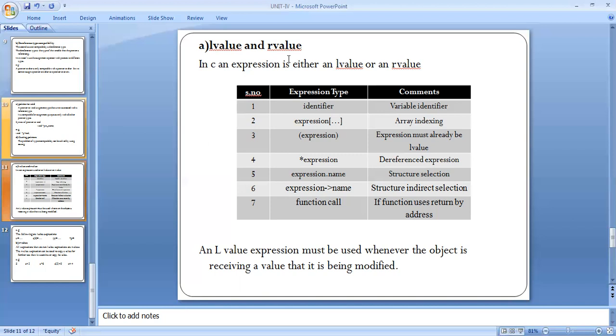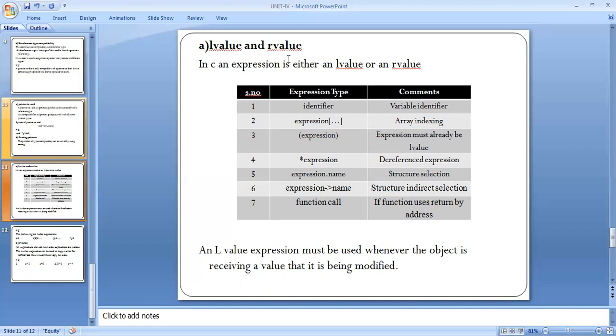Once again, the expression types and how to use them. When the expression type is an identifier, that identifier is a variable declaration. When the expression type is an expression within square brackets, that is array indexing. With the open brackets, the expression must already be an L value, meaning left-hand side values can be taken.